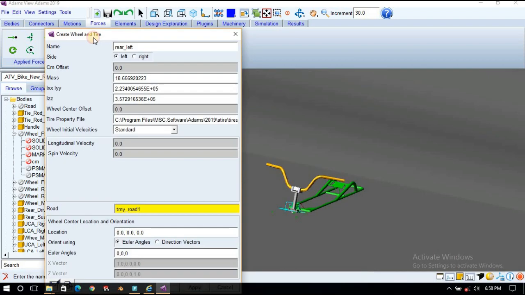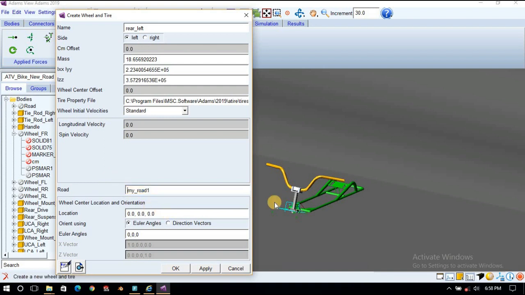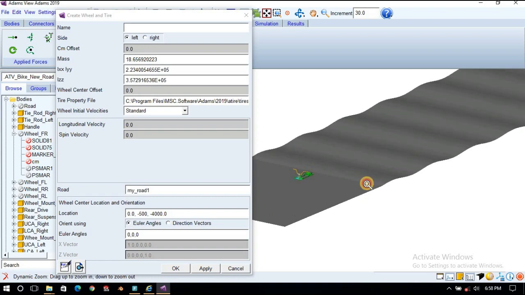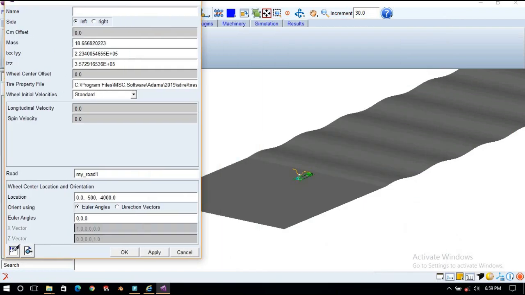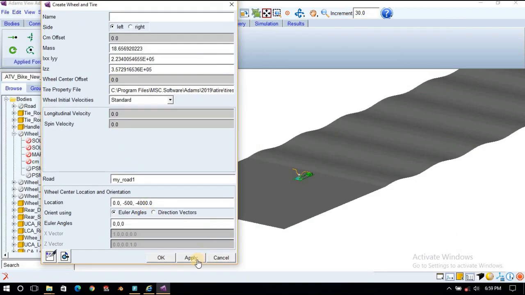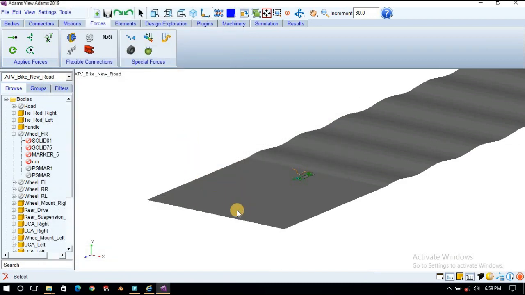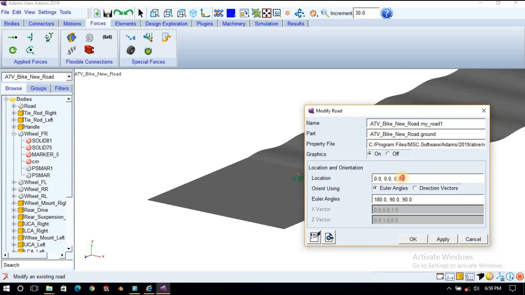So here we will change the location of the road. Location X will be 0, let's say, and Y minus 500, Z let's say 4000 mm, then apply. Okay, is the location changed or not? So first click on the road location.